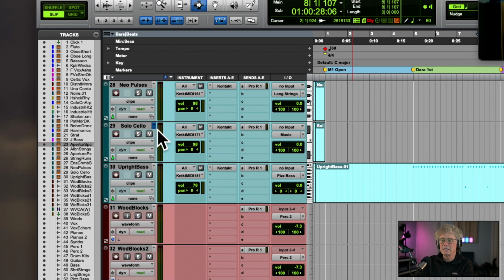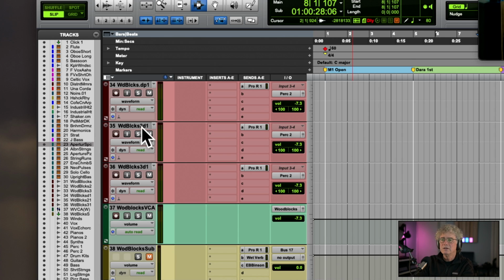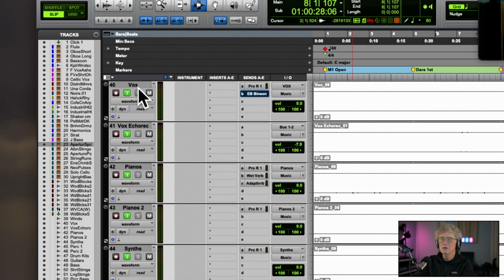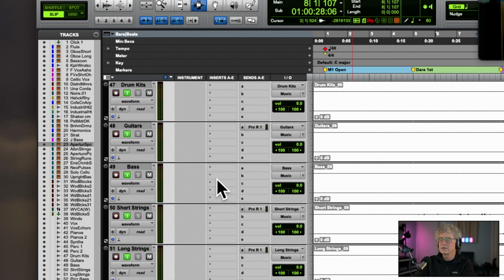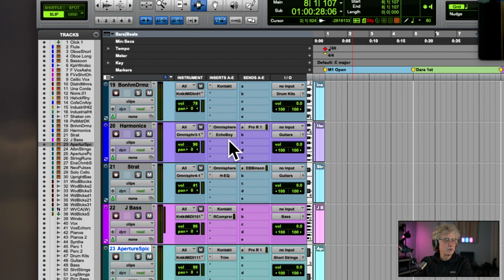These are all strings, different kinds of strings, and then an upright bass, and then these reddish colors are wood blocks, and those are audio files, and they're all going into one of these audio tracks. And then below that are my time-based effects. And with the audio tracks, I've got the sends going to the reverb and things that I want them to go to. For certain things, I've taught you guys to do time-based effects on all your sends.